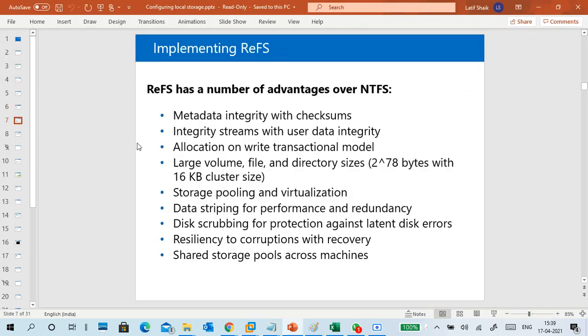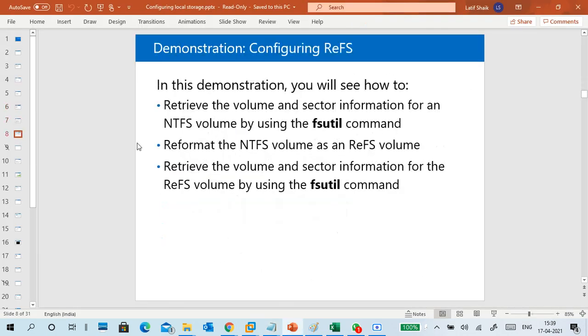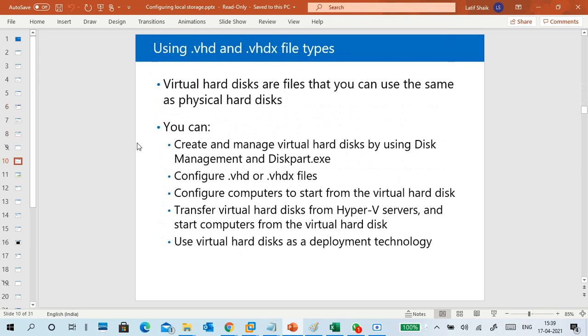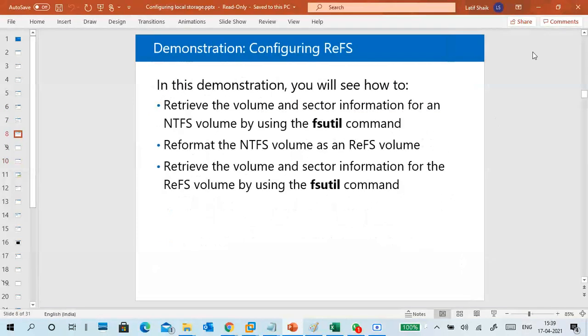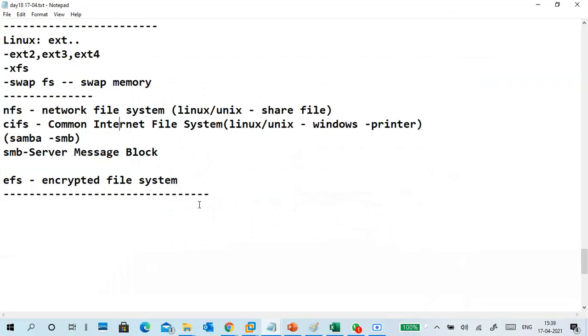Once again, I will go down once again. This is ReFS, the FS utility. Already we know the FS utility. So if you want, I will put the FS lead. It is already